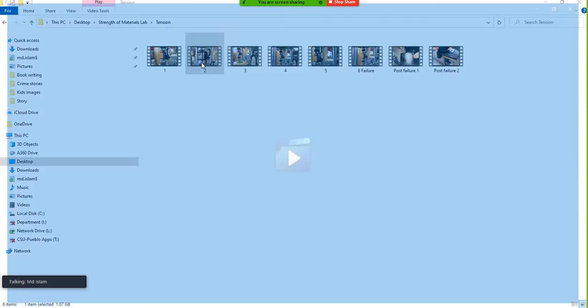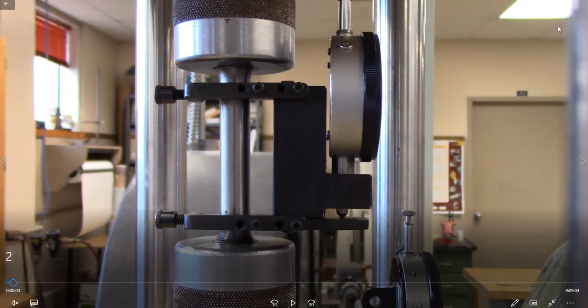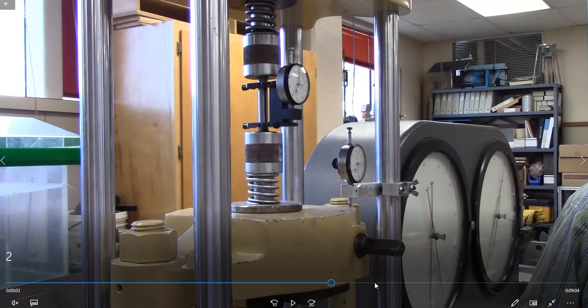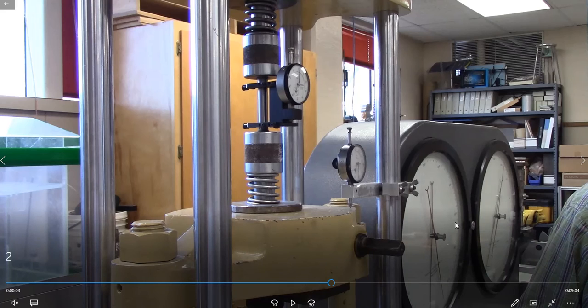So if we go to the second video, same thing. Still we are doing the test. You can see this. Yes, I was looking for this. So we will apply load, and this dial gauge is a very old system. Nowadays everything is digital, you can read it, or even more advanced, the computer will give you the data. You can see the data and the graph in the computer, everything the computer will give you. This is the old system, about 100 years old.